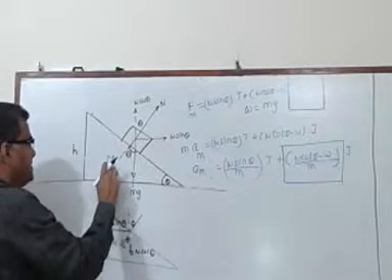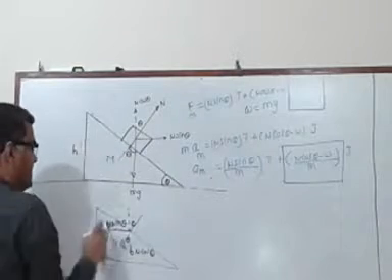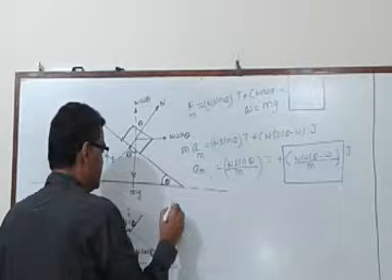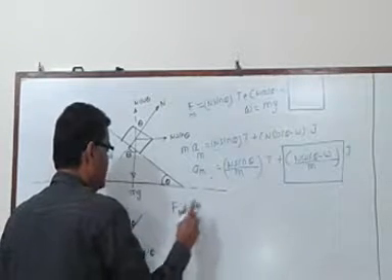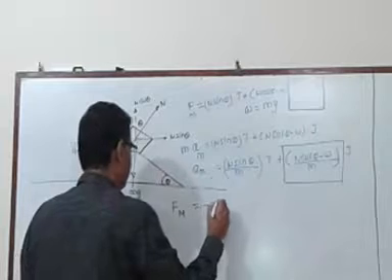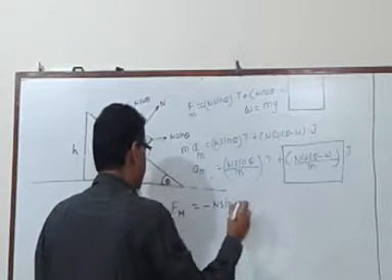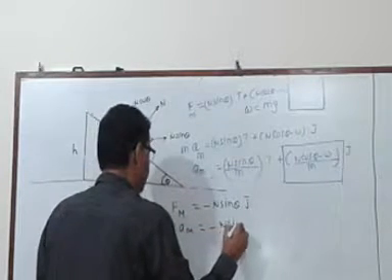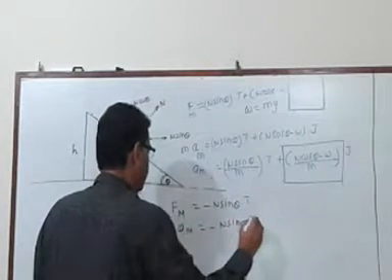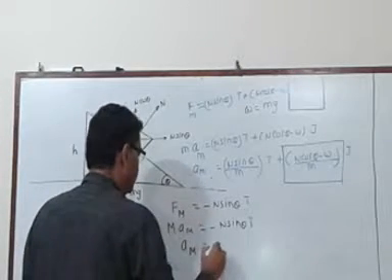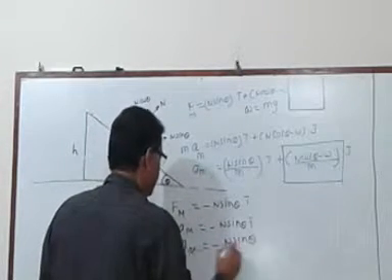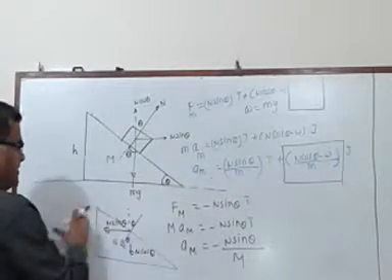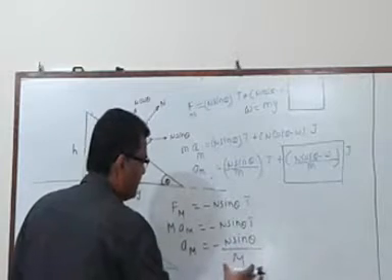The only force which is pushing the wedge horizontally to the left is n sin theta, and that is why the acceleration of the wedge, which is having a mass capital M, in the vector form is given by minus n sin theta upon M i bar. Please note, the negative sign simply indicates it is moving to the left, otherwise numerically it is n sin theta upon M.